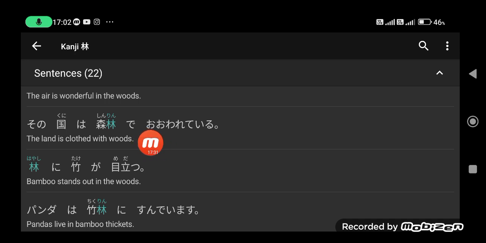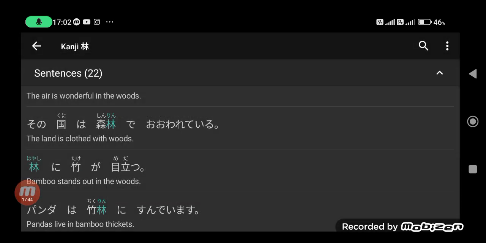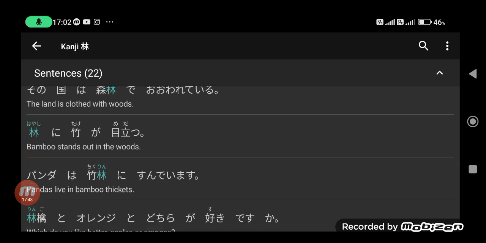This intransitive verb is in passive conjugation. Owareteiru, being covered or clothed. その国は森林で覆われている。